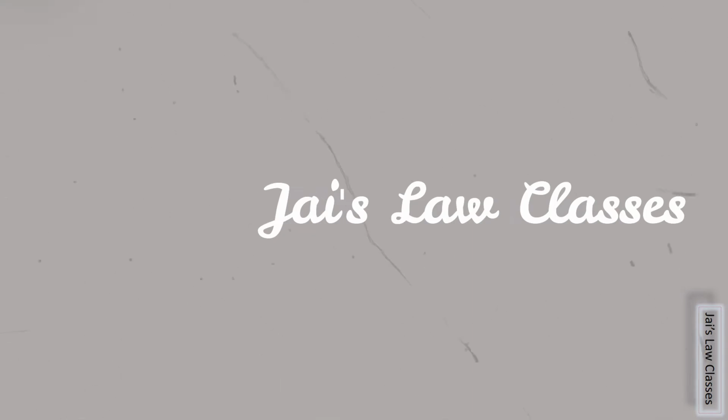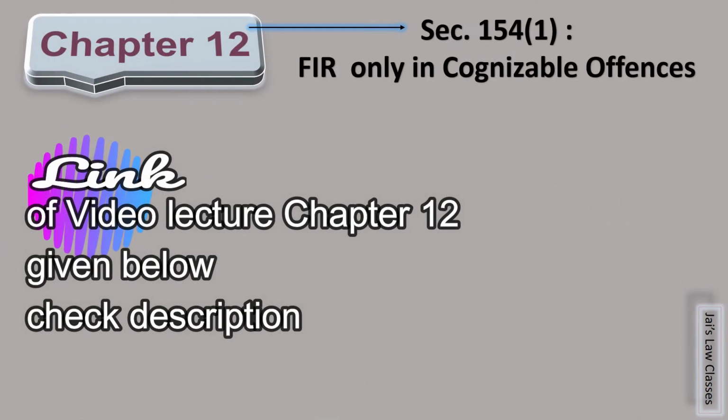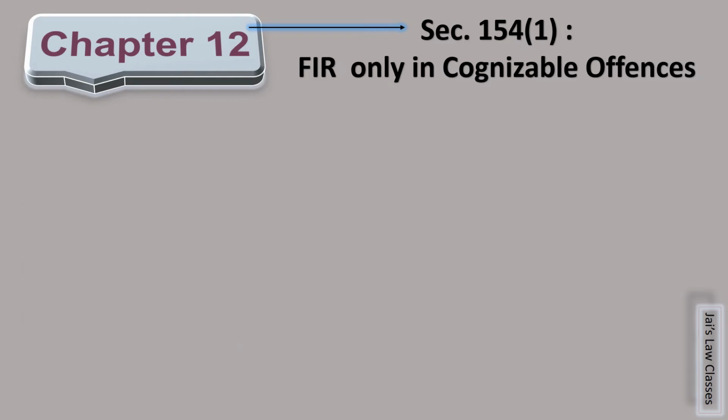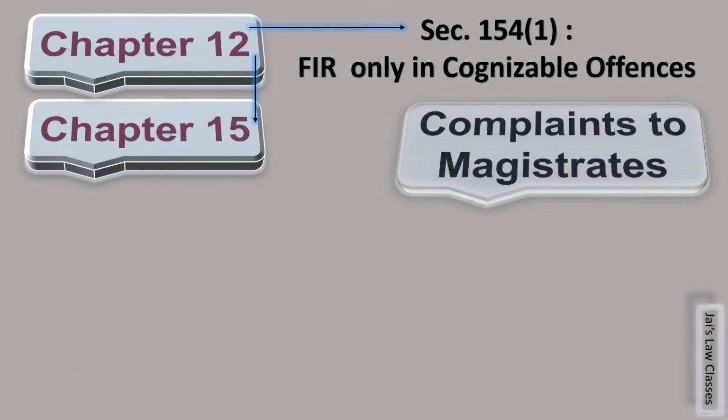Before we cover part B of chapter 19, let's go into flashback first. Chapter 12, section 154, subsection 1. It was informed that FIR only in cognizable offences will be registered. But what if the police refuses to register your FIR? Then it was informed in chapter number 15, complaint to magistrate can be made when police refuses to register your